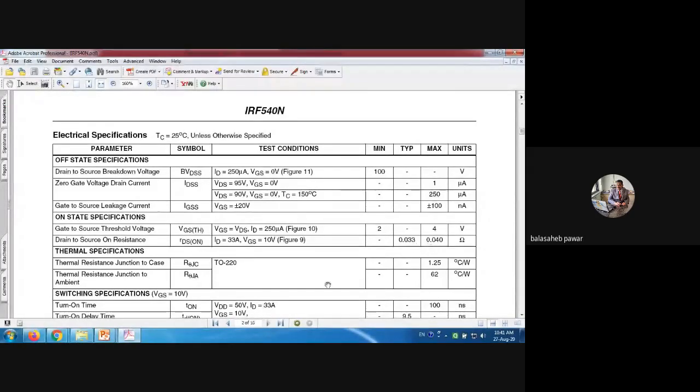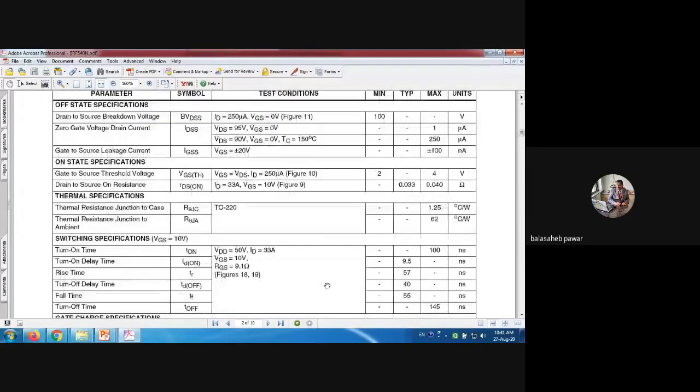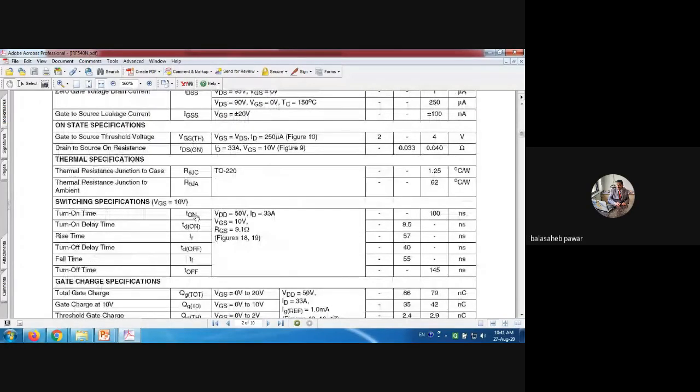Are you getting it? Yes, sir. Okay, the next important parameter that we require at our stage: last time I took the example of the on time or response time of that switch. It should be faster than the T on of that pulse. Otherwise, if the response time is greater than the on period of that pulse, that transistor will remain in the off state, even if the gate pulse is applied to that transistor, right?